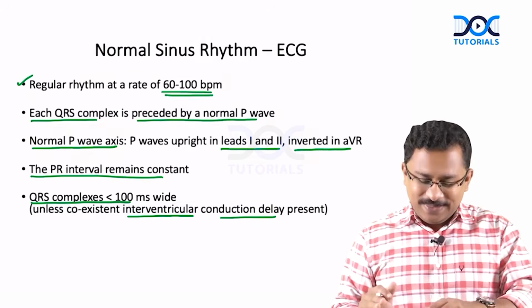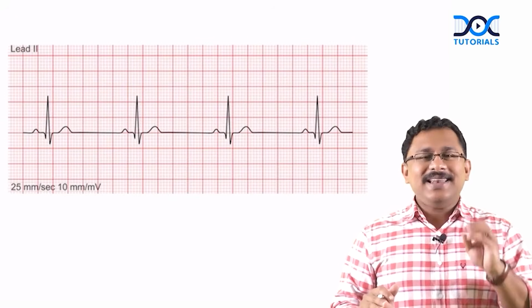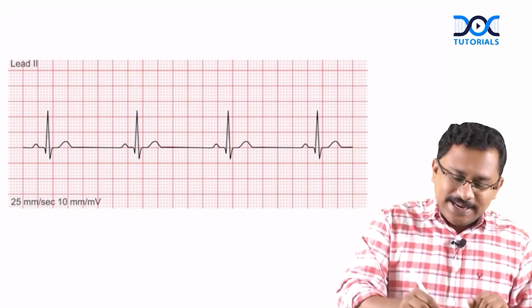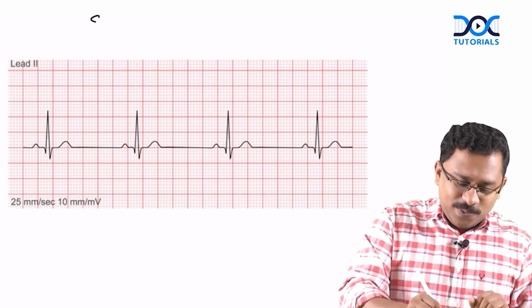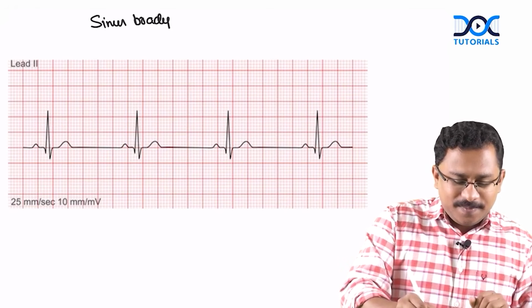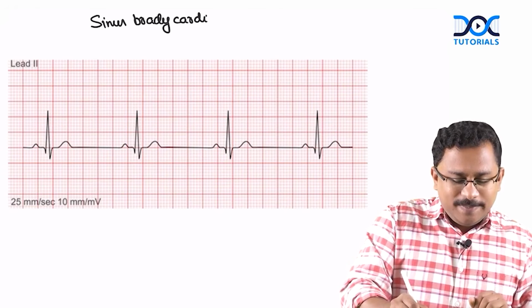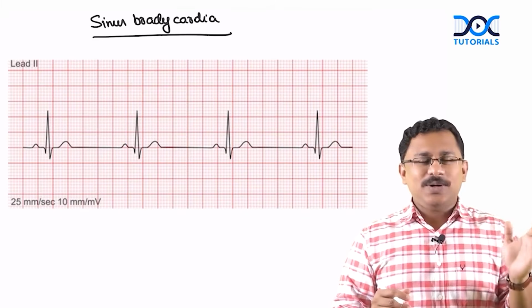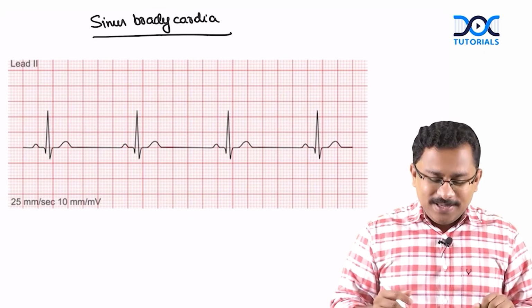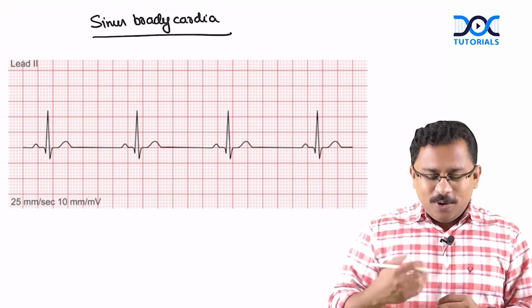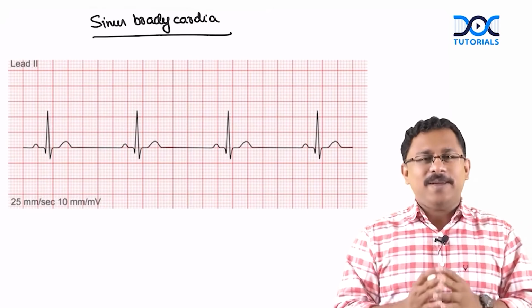Clear? Okay. Now moving on, the next subdivision of the sinus rhythm is sinus bradycardia. So remember, in sinus bradycardia also, definitely the SA node is acting as the pacemaker. So every P is followed by QRS, and what you can see here is that the rate of depolarization, when you take into account the heart rate,